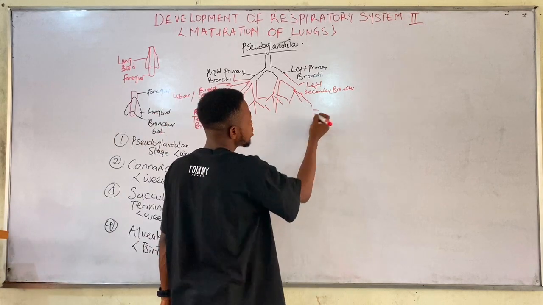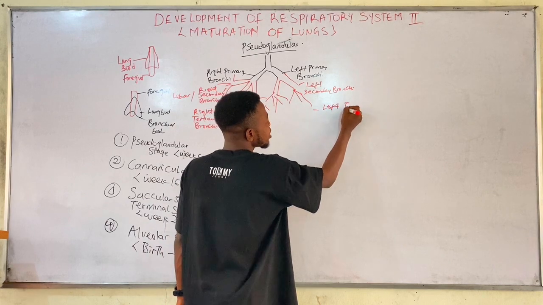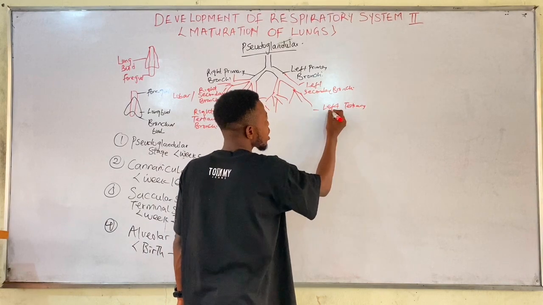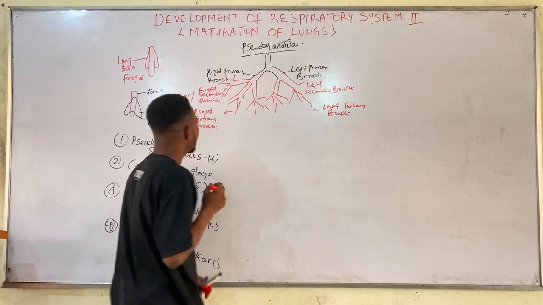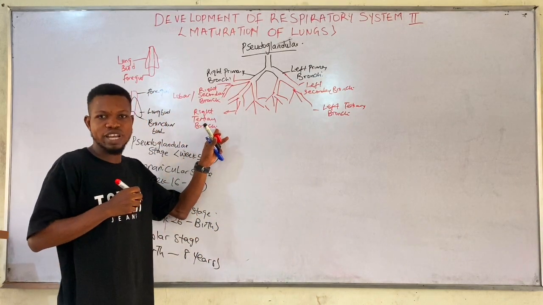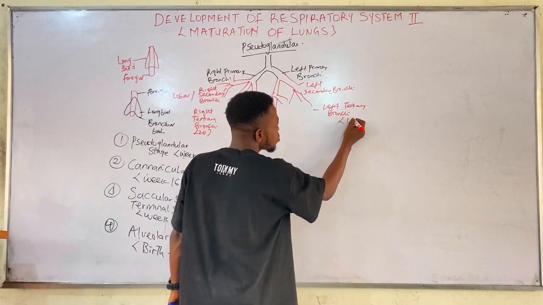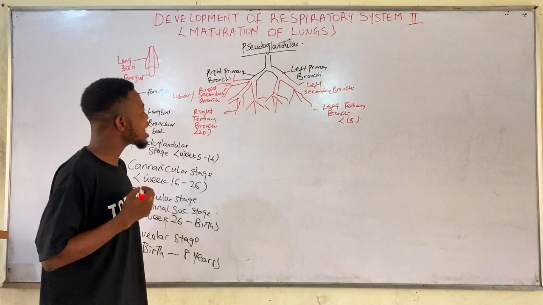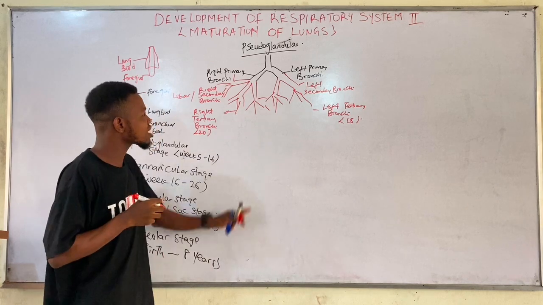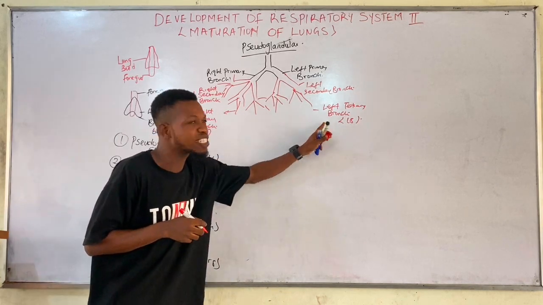While here is what we call the what? Left tertiary bronchi. The right tertiary bronchi is about 20 of them, while this one is about 18. So the last thing that occurs in the pseudoglandular stage is that from this right and left tertiary bronchi,